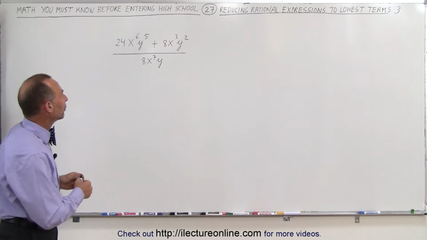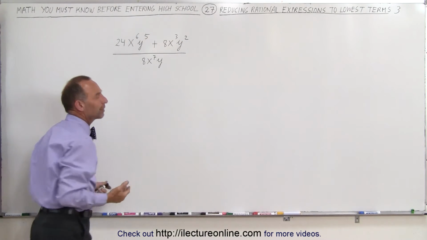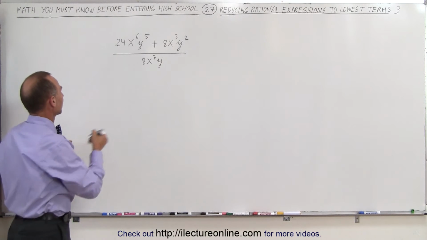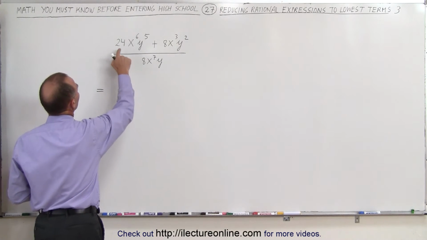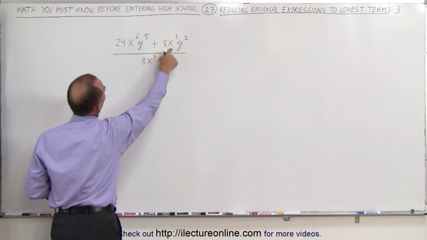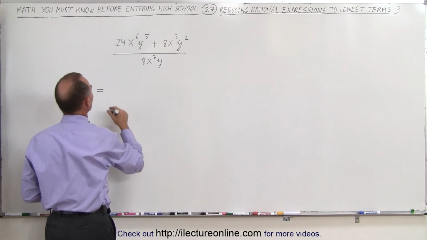Notice that in the numerator we have a plus. That means we have two terms, and let's see if we can factor out whatever is common between the two terms. So in the numerator we can see that between the 24 and the 8, that 8 is a common factor, x cubed is a common factor, and y squared is a common factor, which means we can factor out